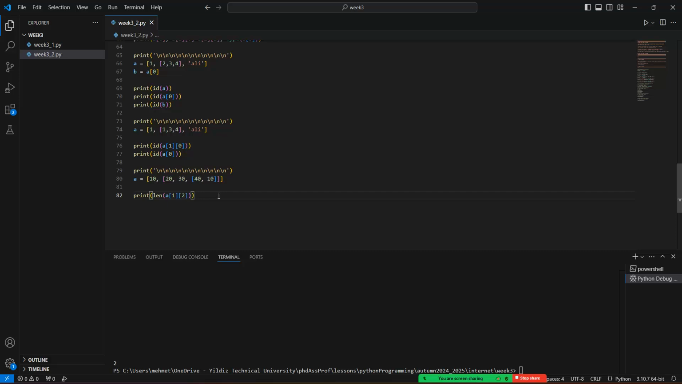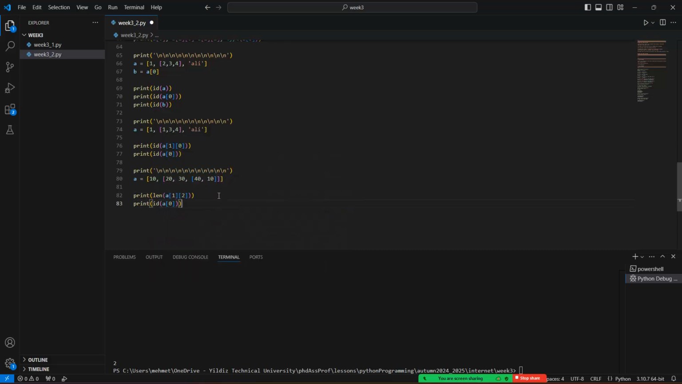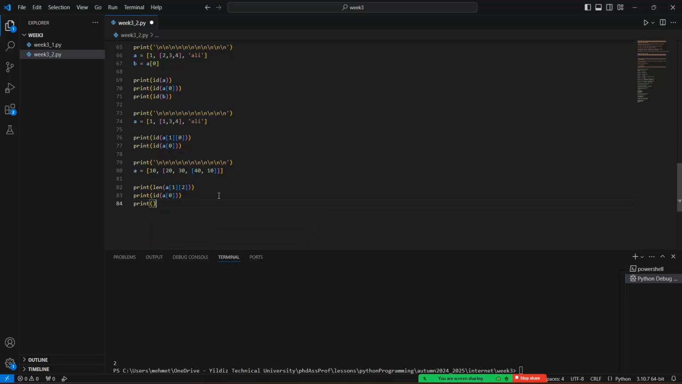This is the 10, and so print id a0, and so print id a1 and a2 and a1. What is the output of this code? Is it the same or not? See that this is the same address. Okay. And so